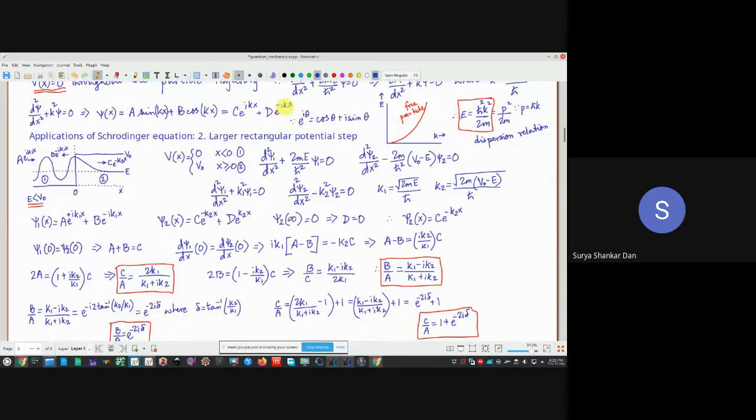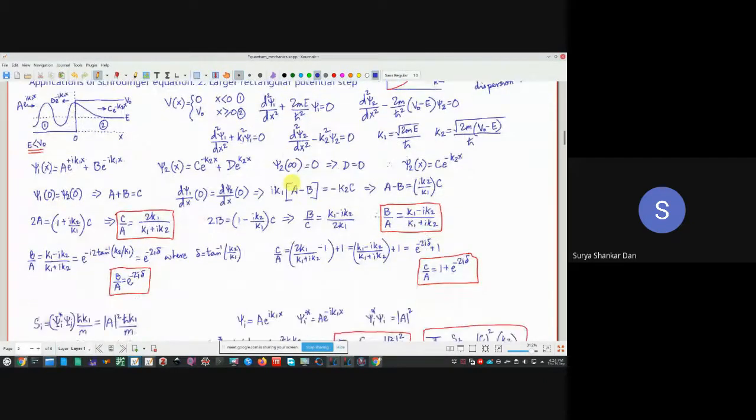Now something interesting will happen. So if you are keeping K1 and K2 as positive, a negative has come here. So what will be the solution of this equation? The two equations are written over here. I am not wasting time in the class by solving them, so I already wrote these equations' solutions. So here K1 squared came with plus, here K2 squared came with minus. Okay, these are all defined over here.